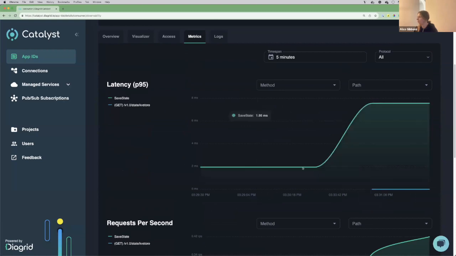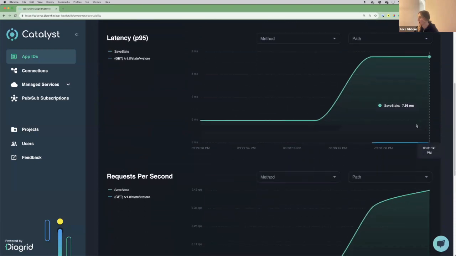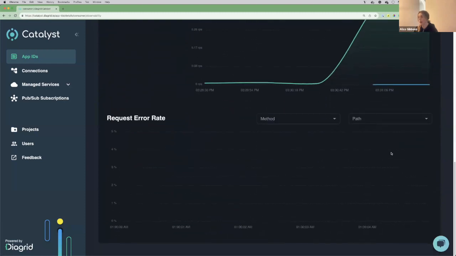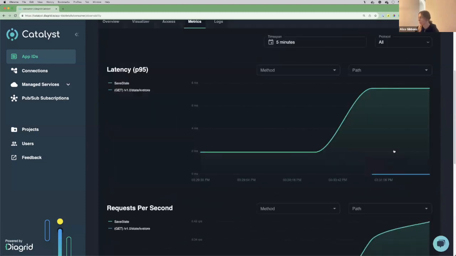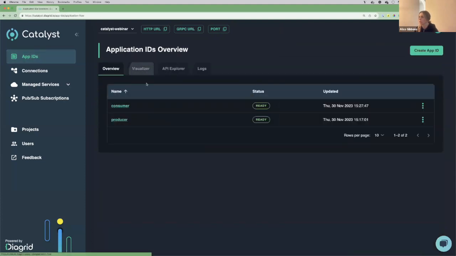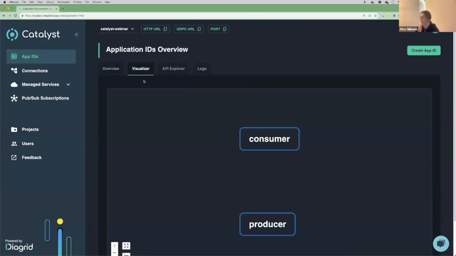I can see I just ran that get just to double check my order. I can also view the RPS. Again, more of the save state in here as well. And then no errors, which is great. And then last but not least, if I head to the visualizer page,